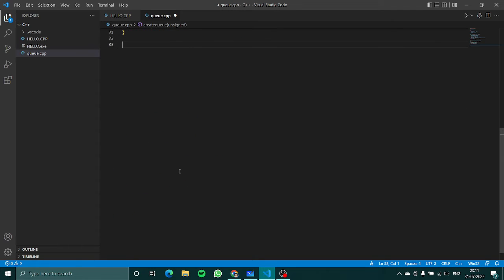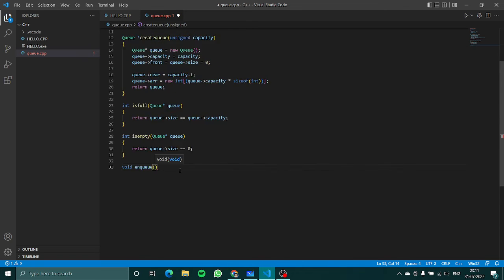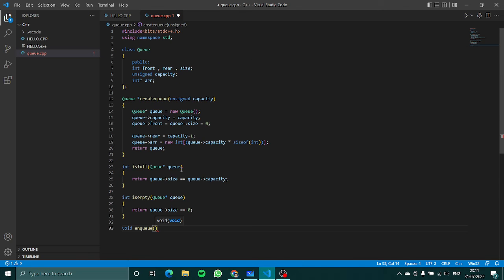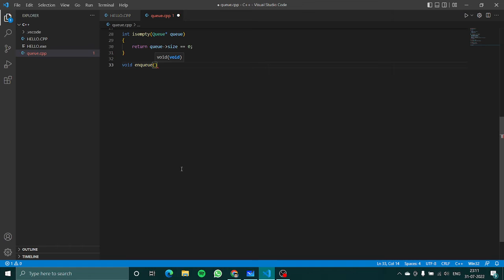Now we'll write about void enqueue. Okay, I guess I use this spelling only. This is my first function, so never mind. Queue star Q, right? And I have to declare the variable. Let's call the inserted variable item. Okay. Now if I say if